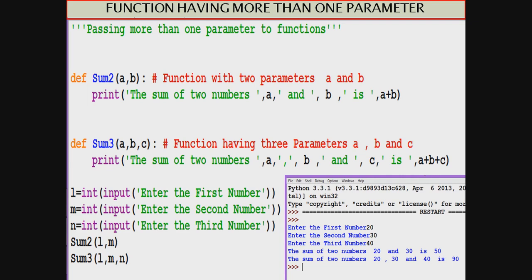When sum3 is called, as three values are to be passed, because three parameters are there in the parameter list, namely A, B and C, we are sending L, M and N. So L, M, N give their values to A, B and C respectively, and the sum3 function works for us. You can well see the output, and I think it is easy for you to understand now because the previous two videos had a talk of all these things in all length and breadth. Now let us move further.